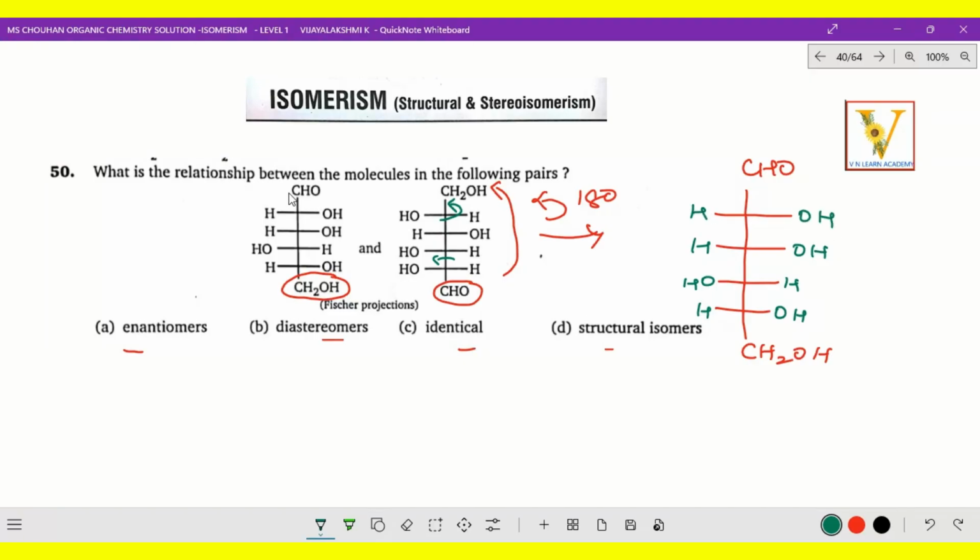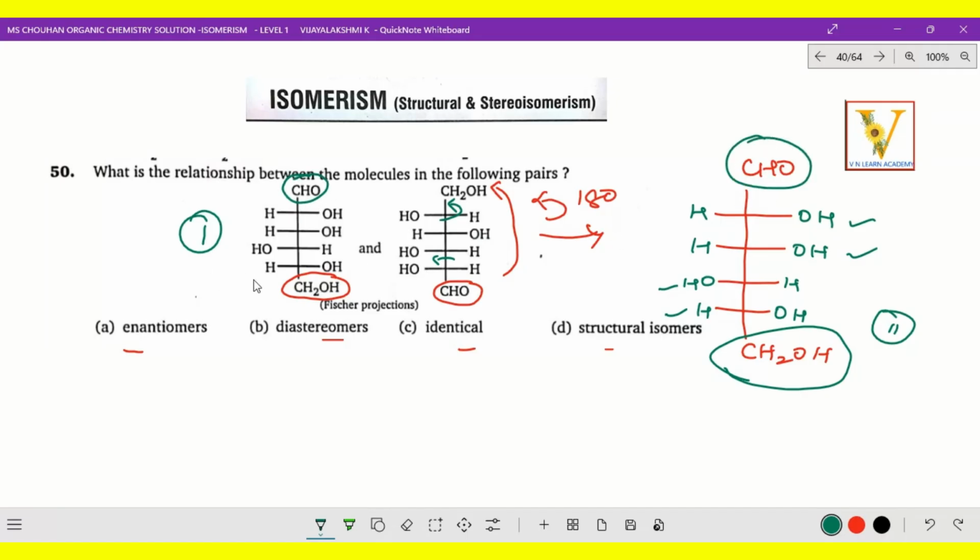Now let us check. Here CHO, and then here also CHOH, H and OH, OH. Yes, this is it, and the next one here HO, OH. This is also right. Now CH2OH. So what is the difference between this compound and this compound? These both are identical, CHO and here also CHO, CH2OH and CH2OH. Yes. So these two compounds are identical, right? Identical, same, asymmetrical, and a meso compound, everything we can bring for this.